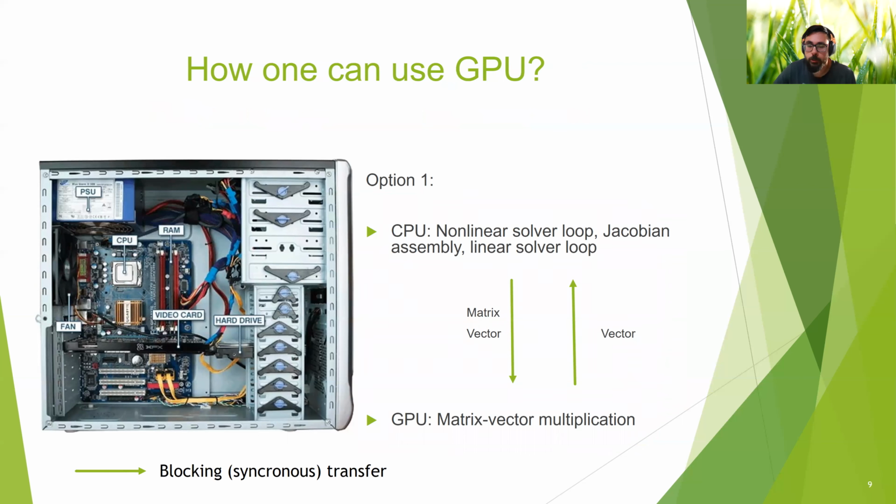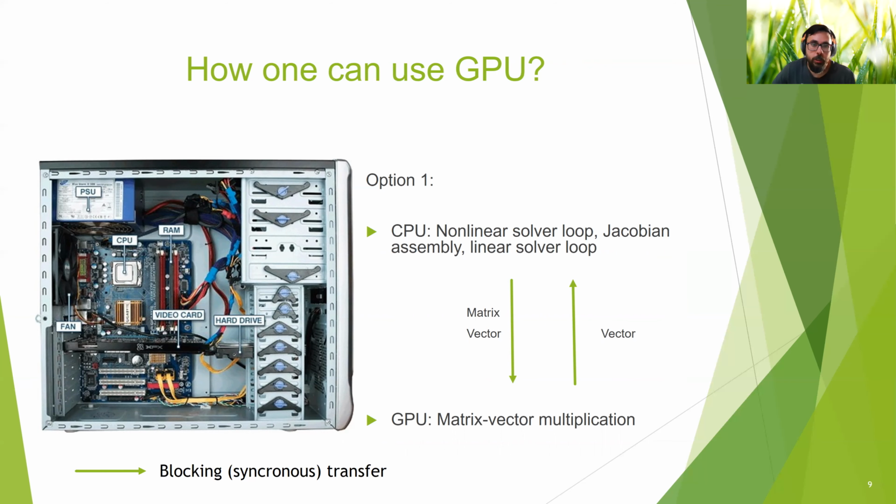How can one use GPU? The simplest option is to take one specific operation like matrix vector multiplication and perform it on GPU. However, you will still need to deliver data from CPU to GPU in order to perform this operation. You need to send the matrix and vector to GPU and take the vector back. And you will have to wait until the transfer is complete. Despite matrix vector itself being improved 20 times, this waiting time kills all the